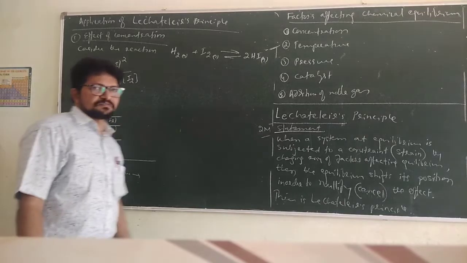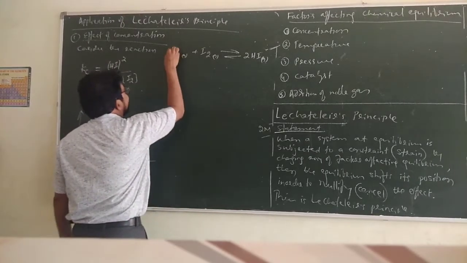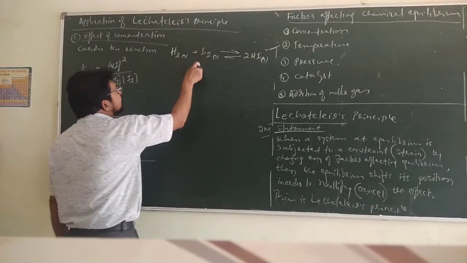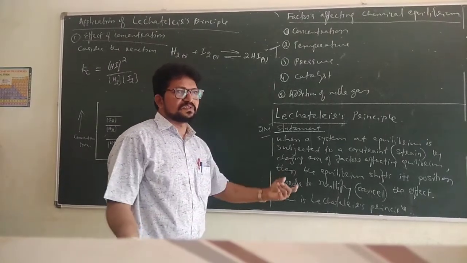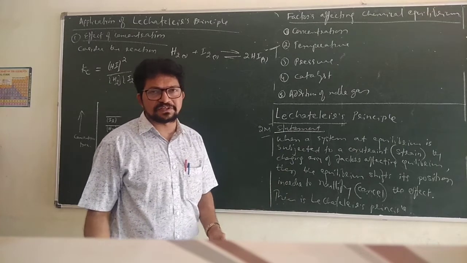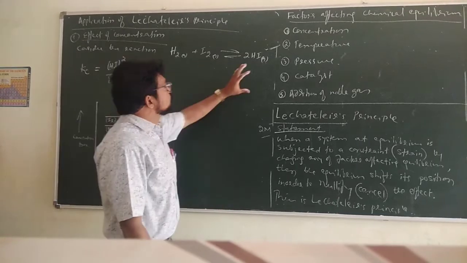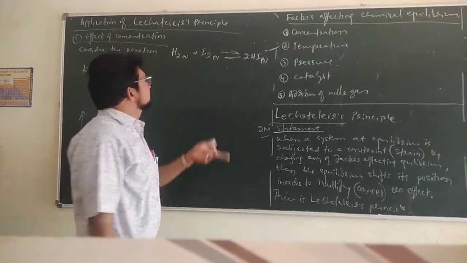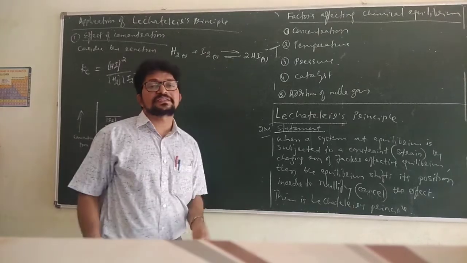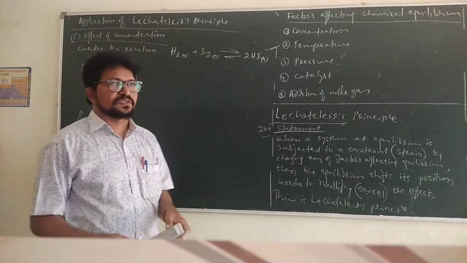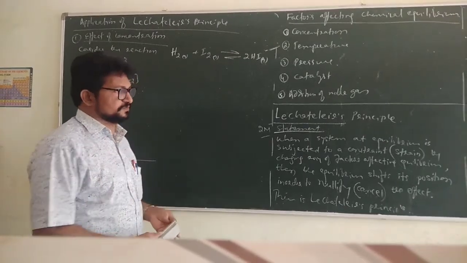Now the system is already at equilibrium. Now, how can you disturb this equilibrium? You can add some HI suddenly, or you can add some iodine, or you can add some hydrogen iodide from outside. This is one way of disturbing. Or if you have some means, you can remove one of the products selectively. You can remove only iodine, only hydrogen, or only HI. You can add or you can remove. So these are all the ways you can disturb the equilibrium.